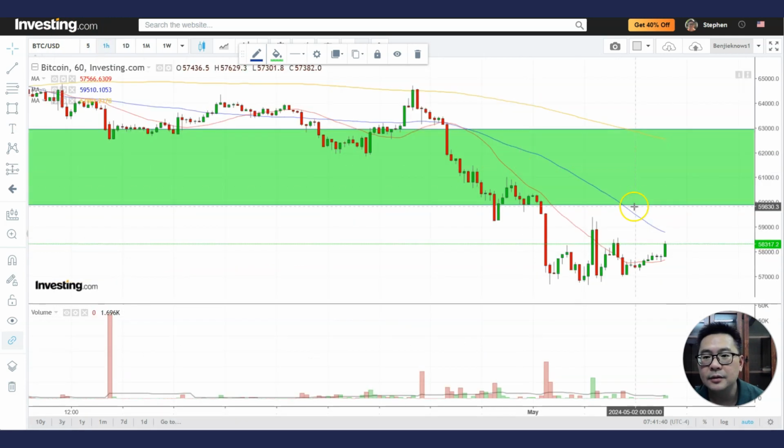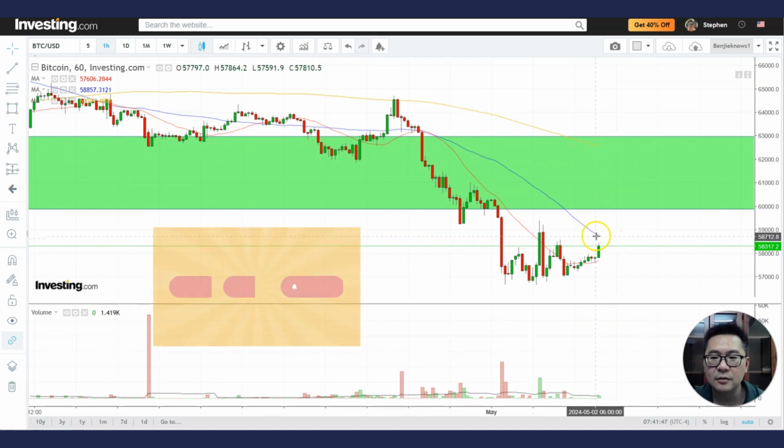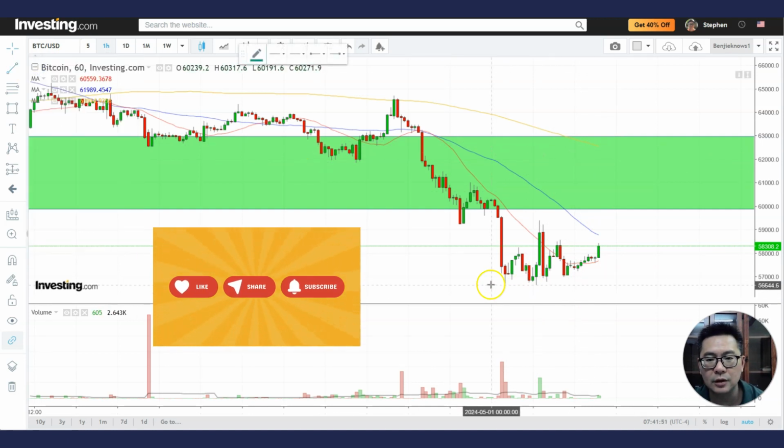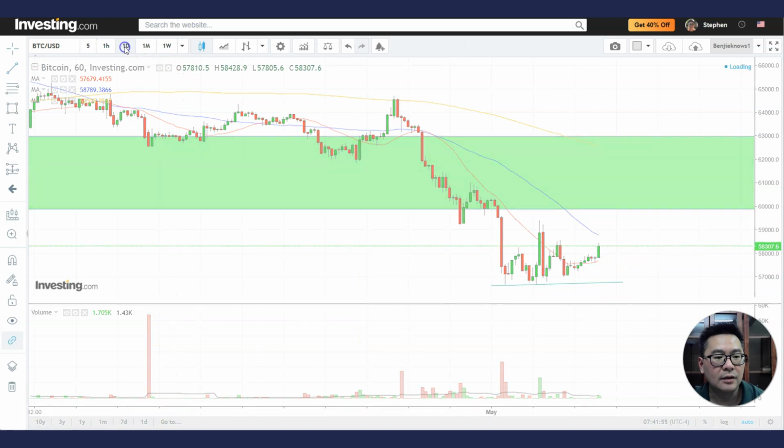So in the 60-minute chart, you can see Bitcoin is below the declining 200 MA, below the declining 50 MA, and if it continues to drop below this area, we might see more selling in Bitcoin, and that might hurt